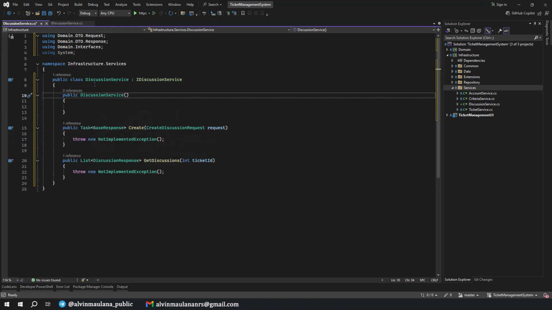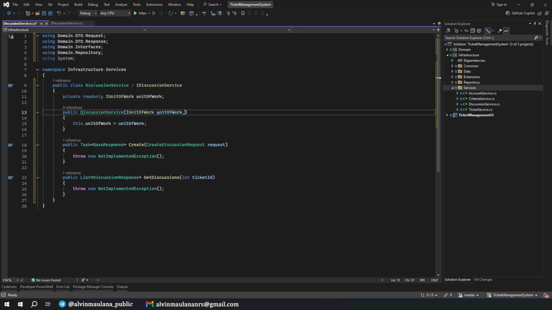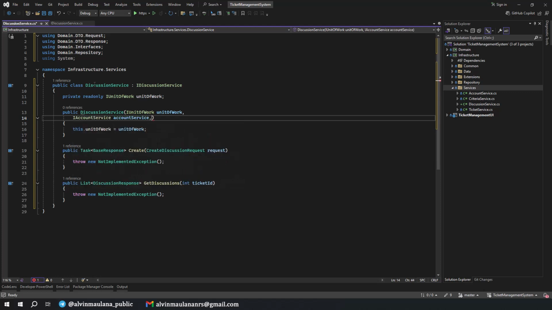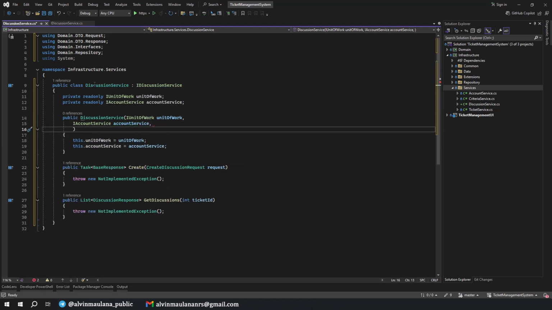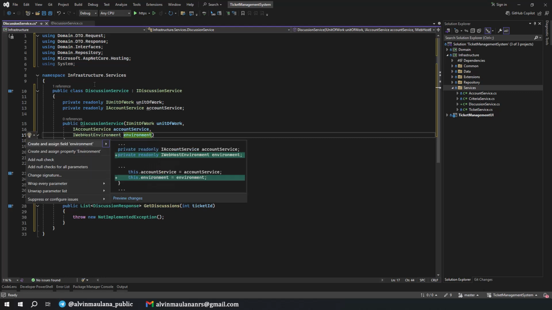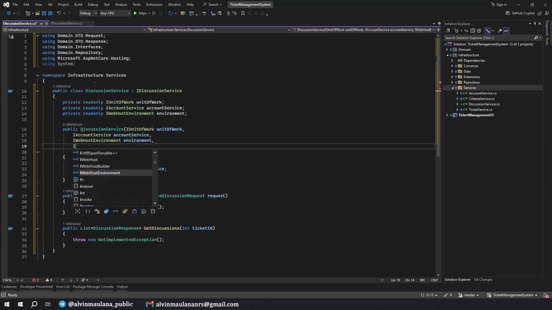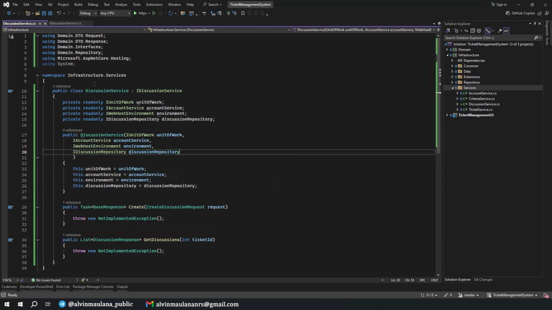This one we need unit of work still, create and assign the field, and after that I put the account service, create the field again, and web host environment, I think environment is enough, and again create the field, and the last is discussion repository. Discussion repository is fine, nice.